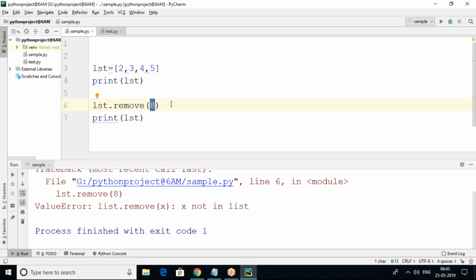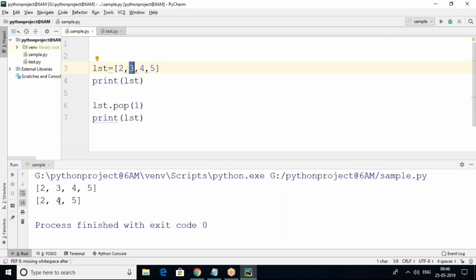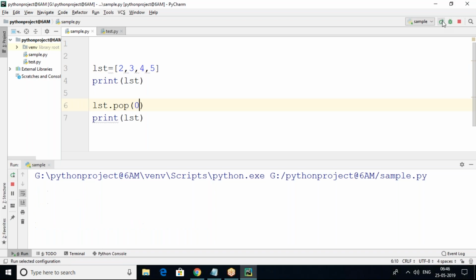Next, the pop method I'm using. Pop method is used to remove an item based on what? Index. Index means here 0, 1. Index 1 means the 3 item is removed. Suppose here 0 means index 0 has been removed based on index. What happens if I don't pass any index?